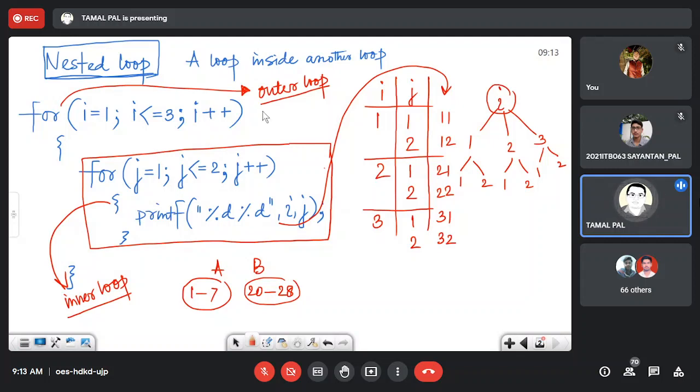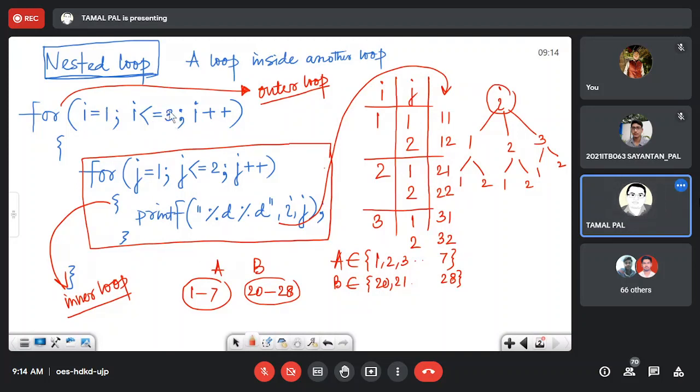Okay. So this is the inner loop and the outer loop. Now you are asked to find the combination of these variables, A and B, where B belongs to 20, 21, in this way up to 28. Now if I tell you to find the combination of A and B, then this type of strategy is very useful.